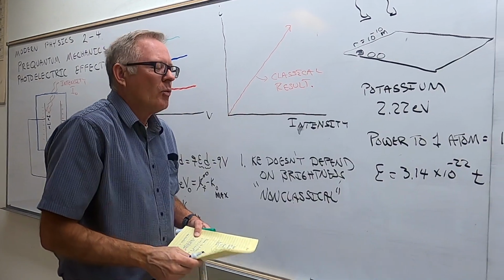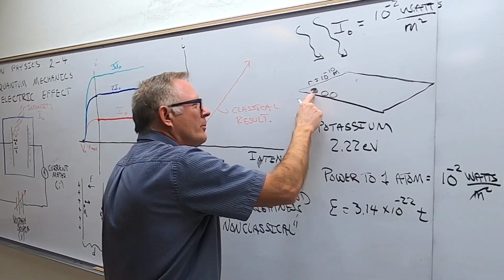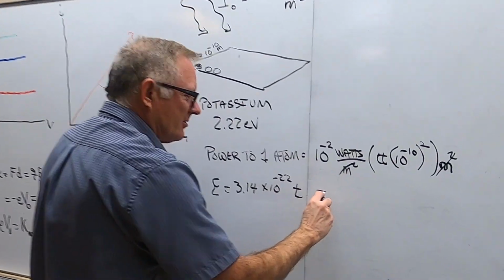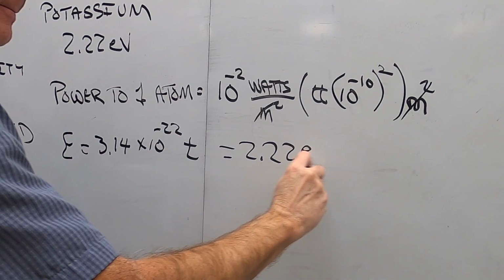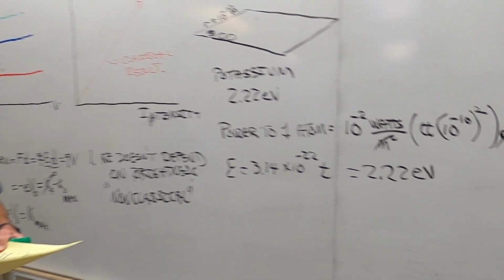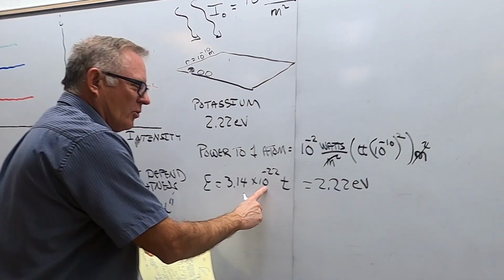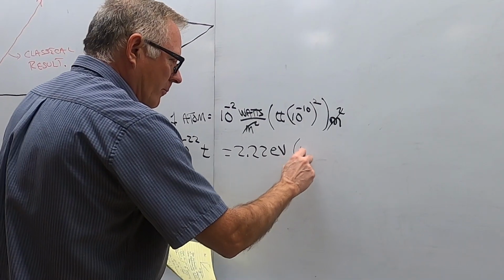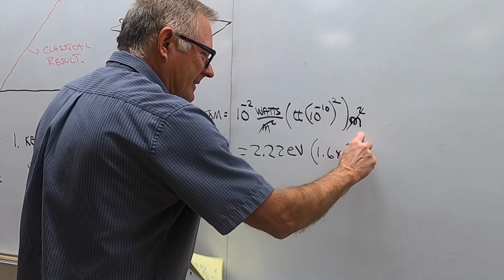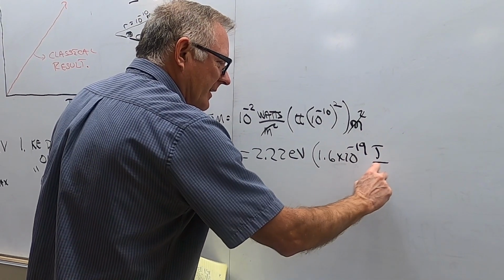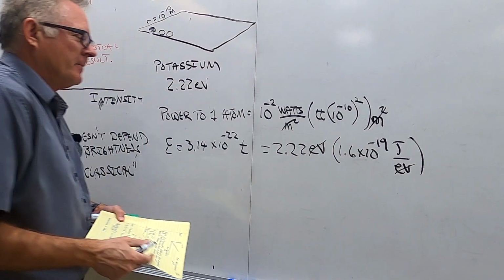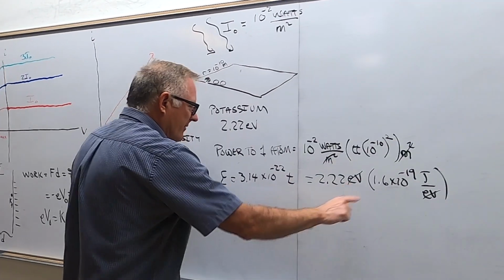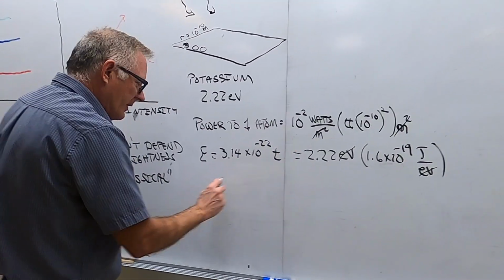Now I just need to know, when does he get enough? When he gets 2.2 eV, he'll kick off his electron. So why don't we just set that equal to 2.22 eV and find out what time it is. Well, I have to change the unit, because this is in joules and that's in eV. So I'm going to multiply this by 1.6 times 10 to the minus 19, that's how many joules per eV. So the eVs are gone. This is in joules. So all we have to do is divide out this number right here, and we end up with the time